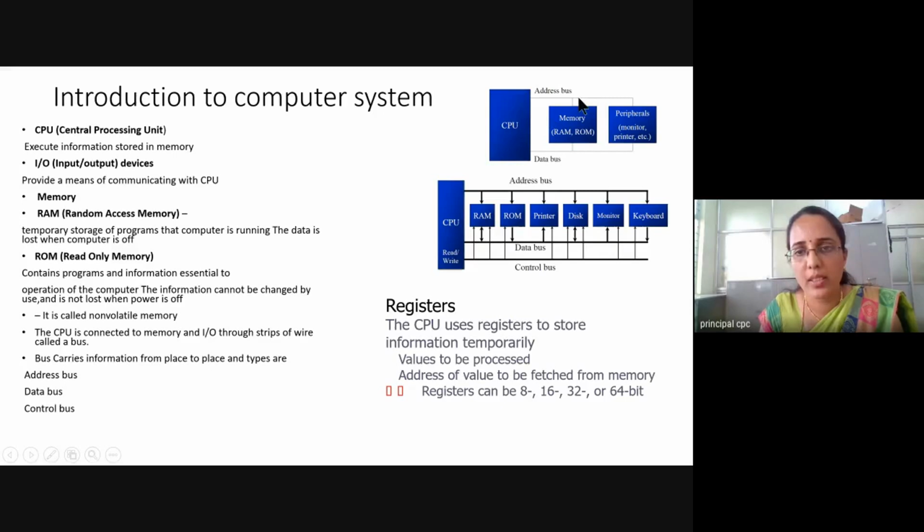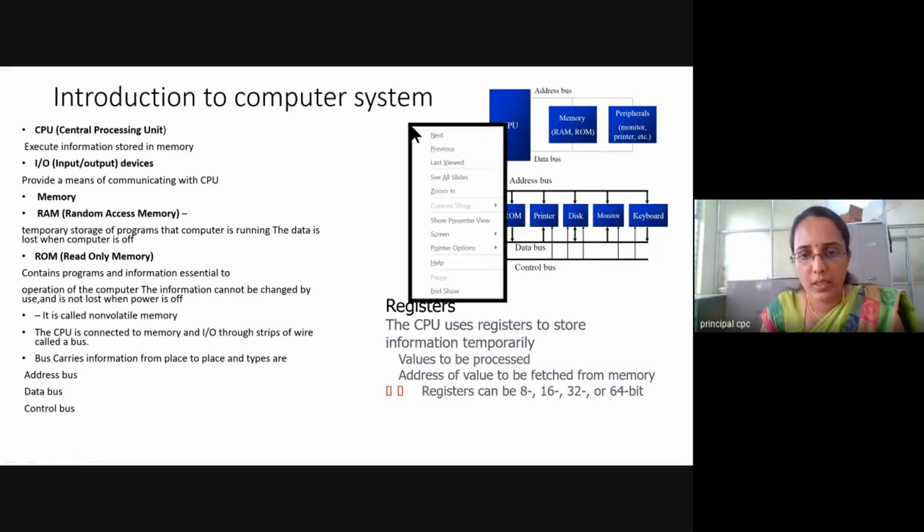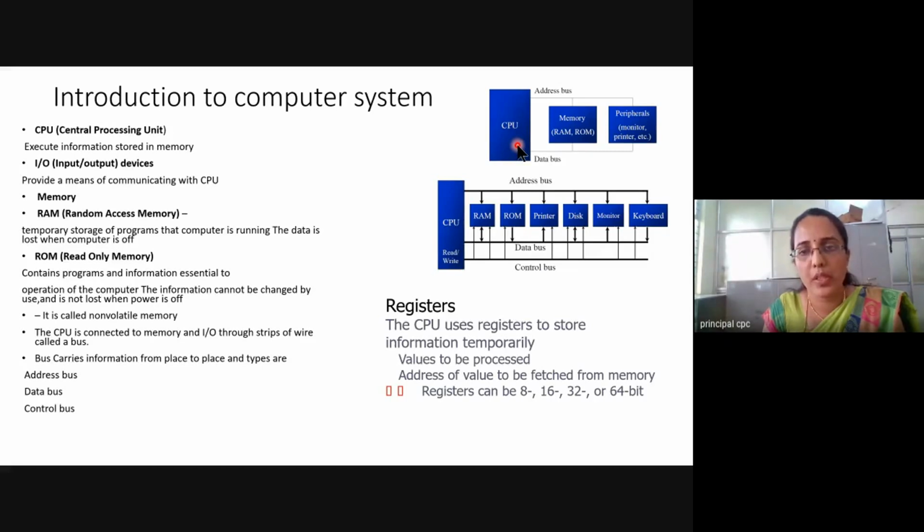Usually, a computing system or a computer system will have CPU, memory, and peripherals. Peripherals means I/O devices, input-output devices, which are nothing but keyboards, monitor, printers, scanners, and all. Memory is the unit which we use for data as well as instruction storage. And the main part of a computing system is the CPU, Central Processing Unit. So the CPU will execute the instructions which are there in the memory.